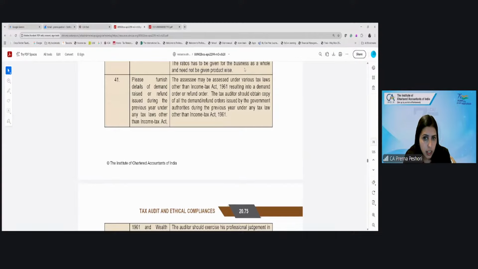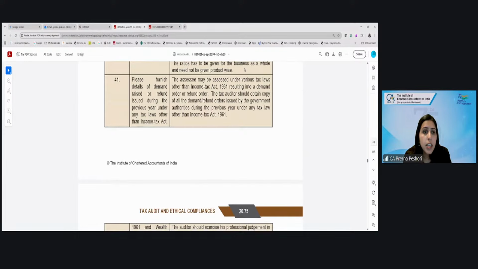So it can be obtained from the online website, any orders if there are, or management representation should be obtained. You can also check in the CARO, because there also the auditor has to report the details of any contingent liabilities. So in case anything of that sort is there, in case of a corporate assessee, you can find out from that as well, right? So basically here just the reporting is required.